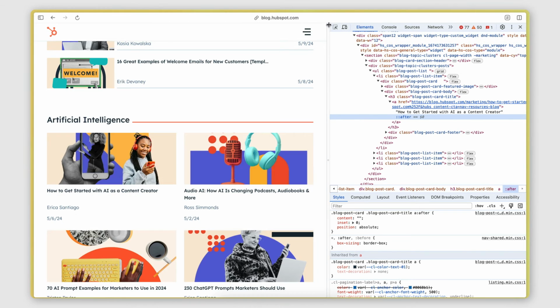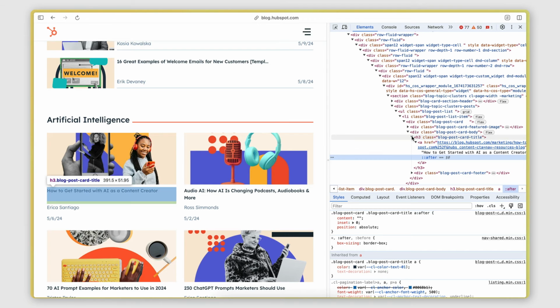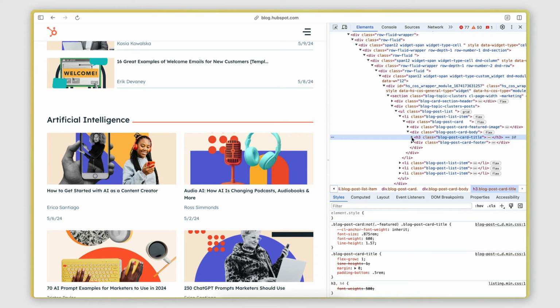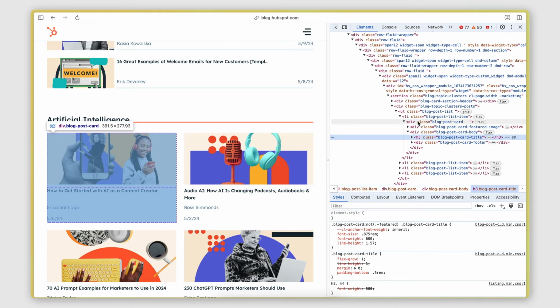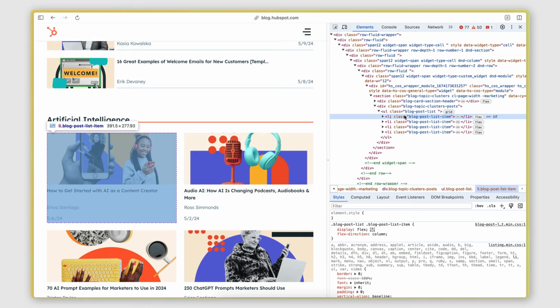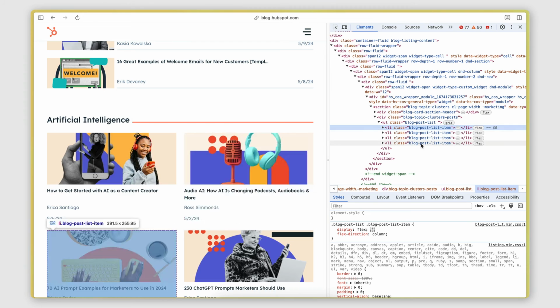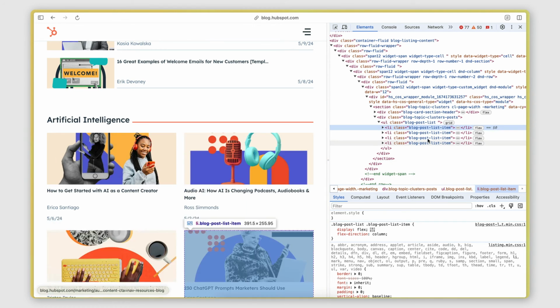And where is it? H3, that's the card title. That's the body. There we go. Blog post list item, right? So same class. Therefore, the challenge, as I mentioned previously, is to find a way to